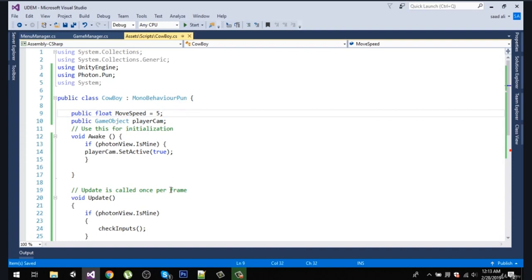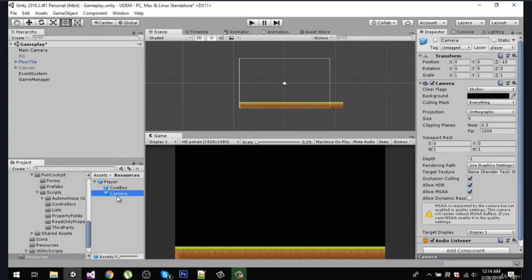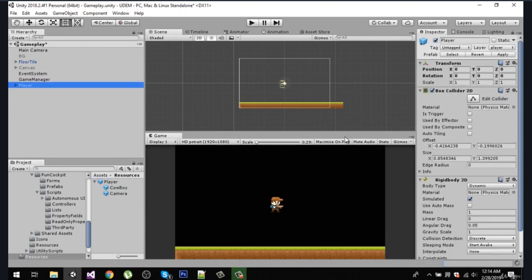Now, plus equal movement into move speed. So Vector2 movement, so we are going to change it to Vector3, and now we are going to check for keys, because right now if I drag my player, you can see that our player is facing towards the right side,